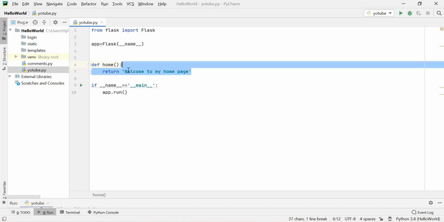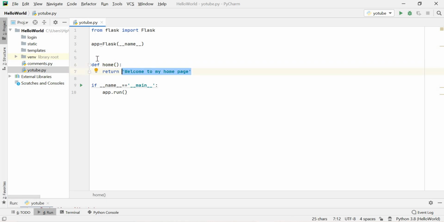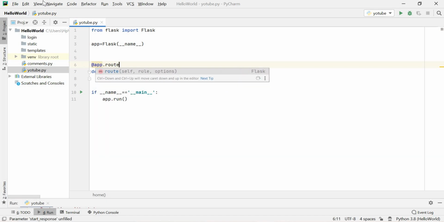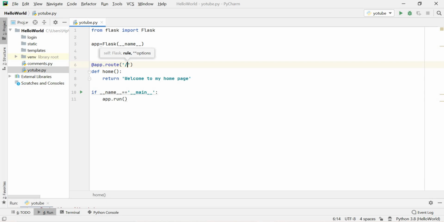So to print this, we need to give the route for the page. What is the route of our page? I will tell you guys, at the rate app dot route. Okay, then we will give the route like this. What will be the route of our home page?